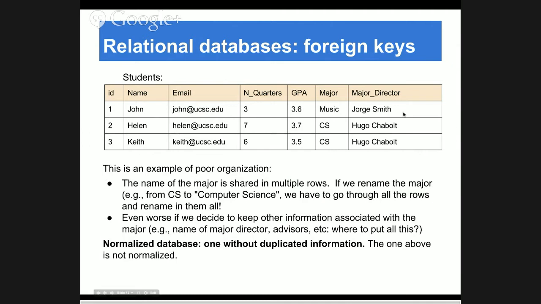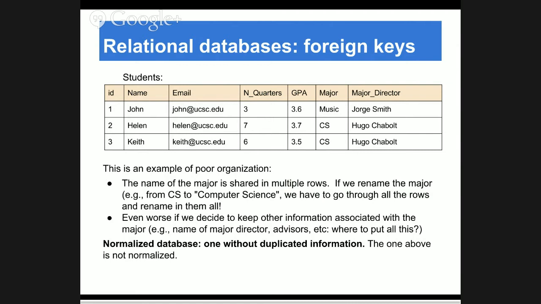For example, in this organization, this Hugo person appears cited twice. So suppose that now Hugo goes away and Helen comes in as the new advisor or major director, and I have to put her for everybody in CS. I would have to update all the Hugo into all Helen. That's something that you typically want to avoid. In fact, there is a big theory, if you take the theory database classes, about how to define these unwanted correspondences and how to avoid them.